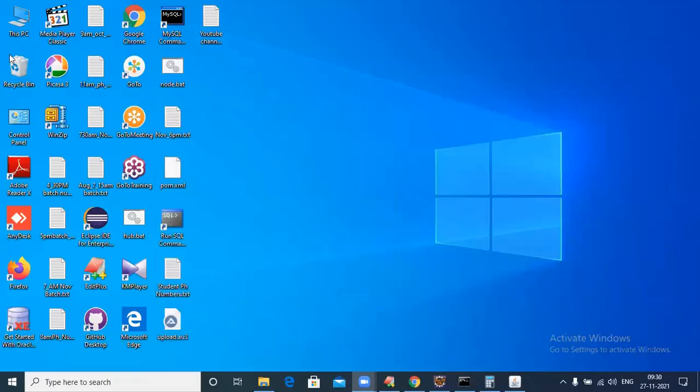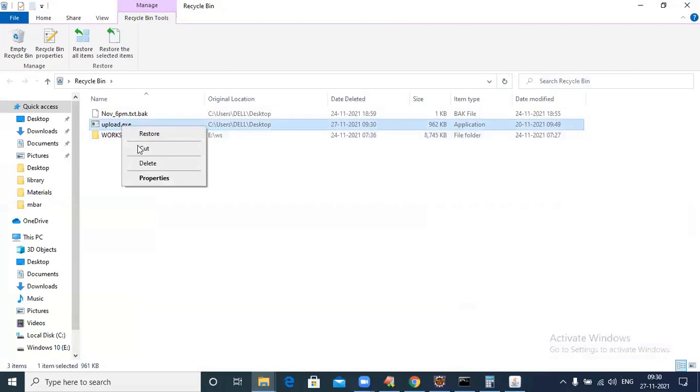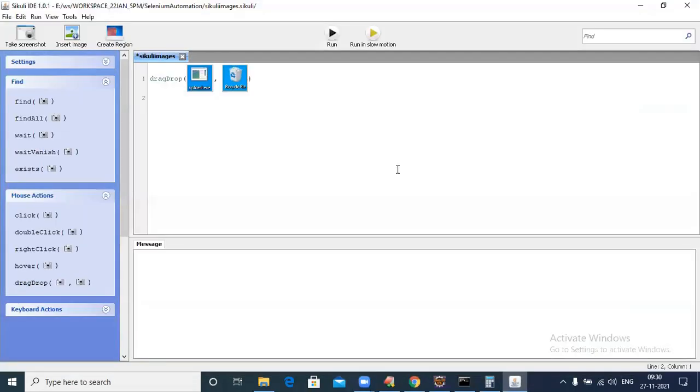But I want that file, sir. And again, I want it back. That's important for me. Restore. Okay, so see, by using IDE we can do anything. But the problem is, sir, up to now where are we writing programs? Eclipse. Then you are using an IDE. No chance, boss. So, sir, the IDE is just capturing images only.